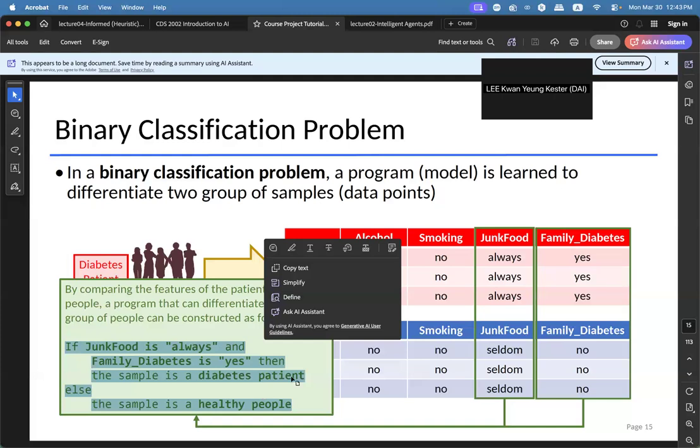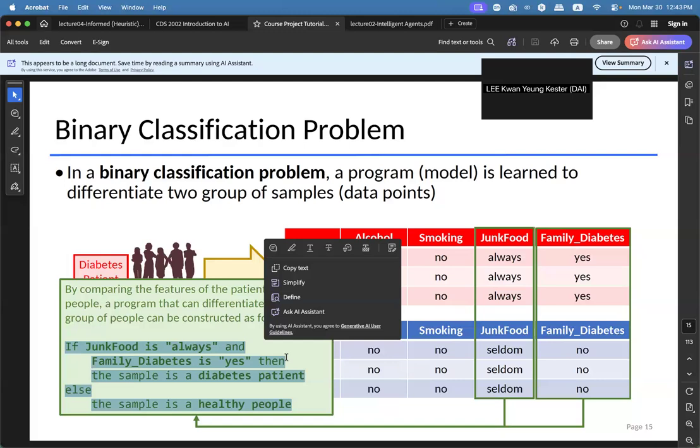The process of analyzing the differences in the feature points and constructing the program that differentiates diabetes patients from the healthy people, we call machine learning model training. And this program is called the machine learning model. So this is the core essence of machine learning model training in a supervised learning classification problem.